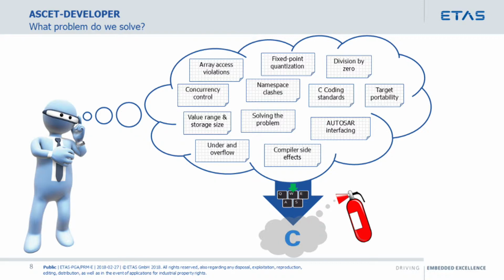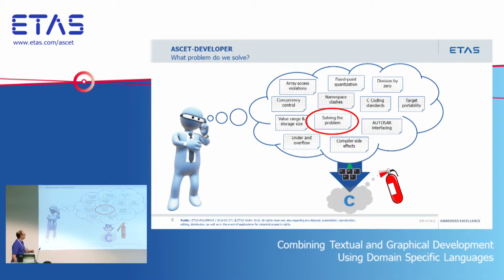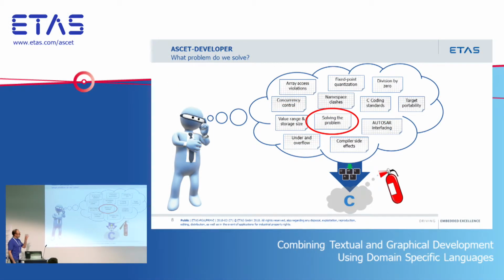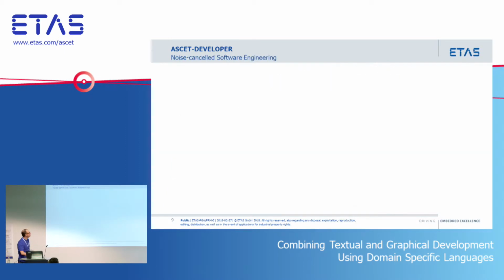And actually in the middle of all this, there's this job, which is the one we're actually trying to do, which is to actually build our software and solve the problem that we're intending. And all that other stuff's just noise. That's just because we're implementing it in C and it's crap. So what we're going to try and do is to simplify all this kind of stuff and allow this guy to focus on that problem and automate all those other things around it. And that's what ASCII does.